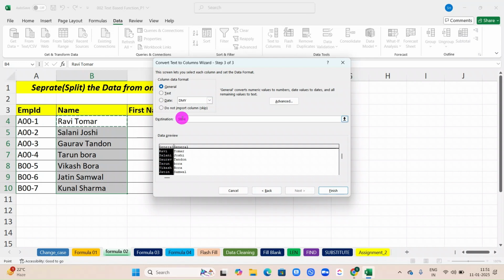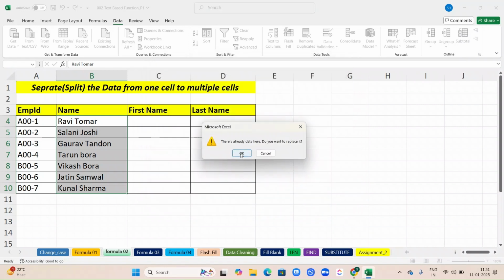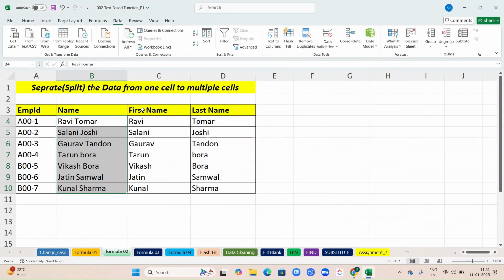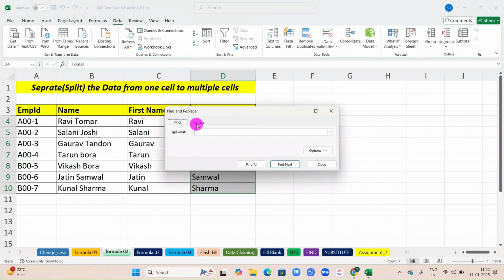So for me, it should land in the C column. So I'm changing the cell reference from B4 to C4. So it gives me an exact split between these inner cells where I need. Okay. Now again I'll select them and I'll do Control F, replace space with nothing,